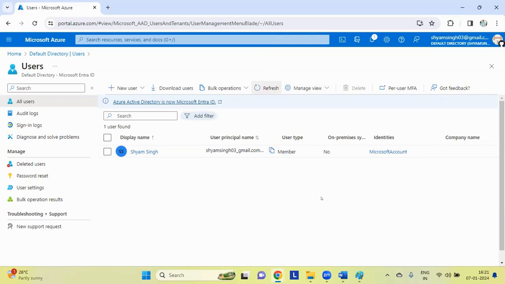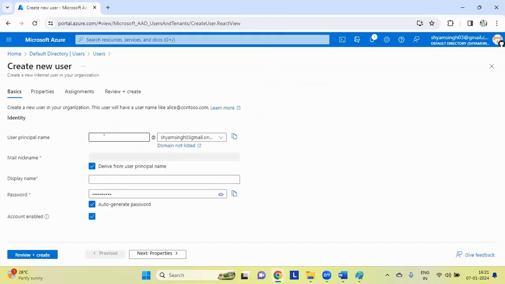Clear? Now let me tell you how to create a user in the dashboard. Let me create the users. Suppose I'm going to put any name, suppose John. Okay, and here I can put the display name also. Password, let it be auto generated.